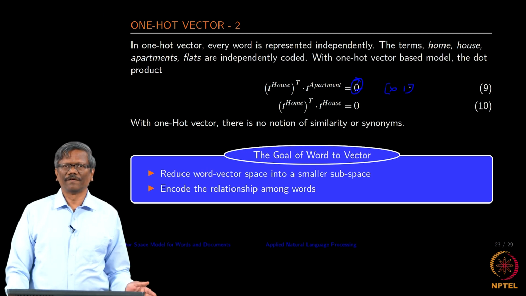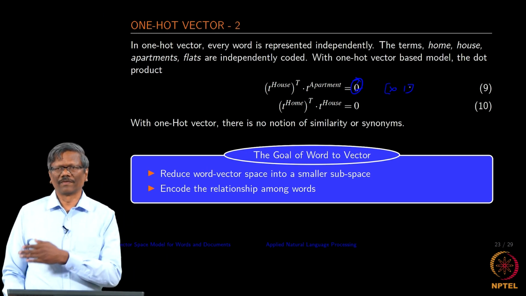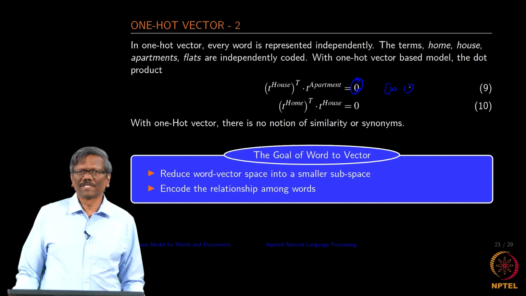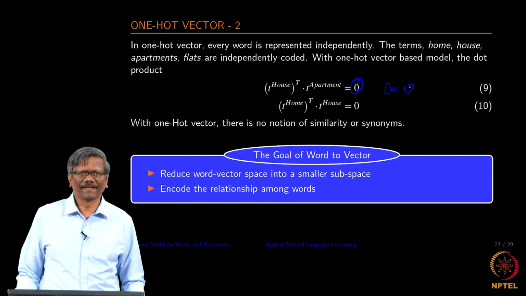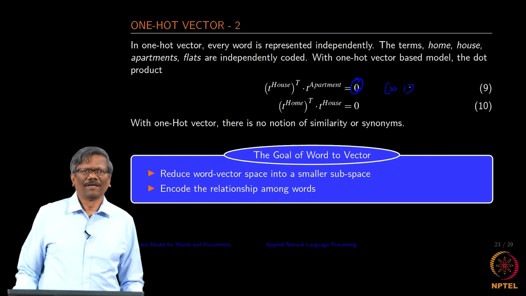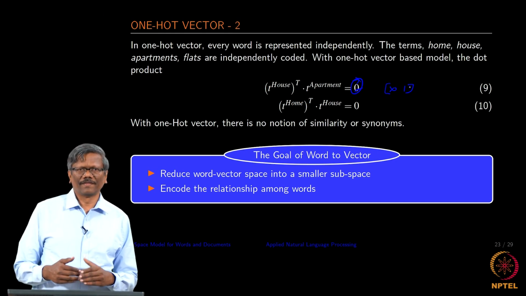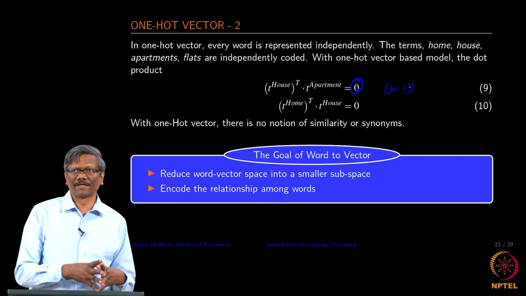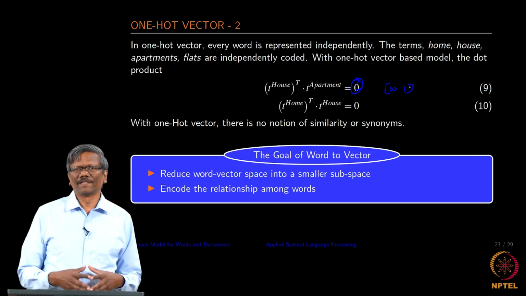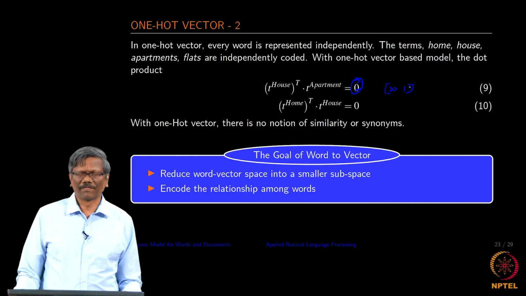move in the plane of translating a document from one language to the other, creating a question answering bot or a chat bot, or anything that acts like a human in the natural language interface. So, we need to really understand the relationship among words, or the machine should be able to bring those words together in some form, so that it is able to do certain operations in the required fashion.